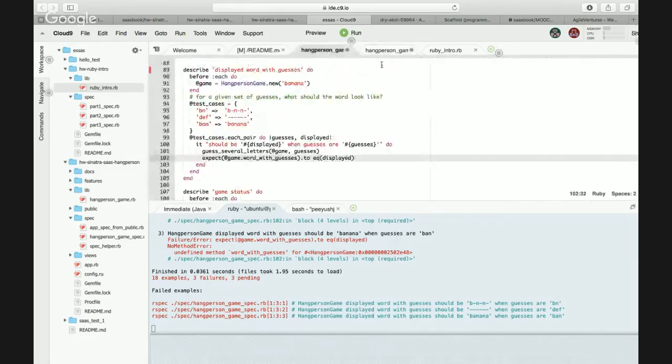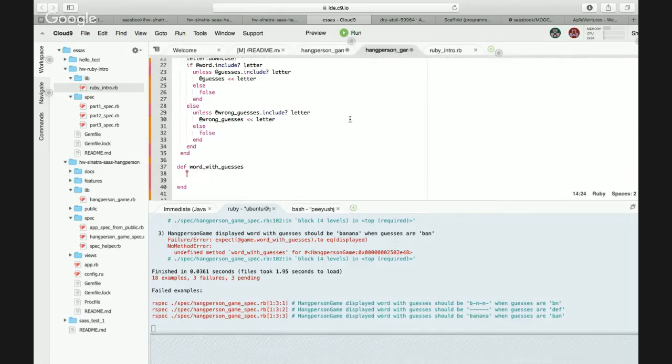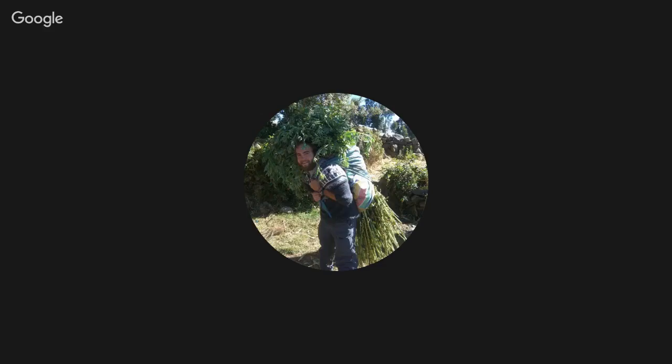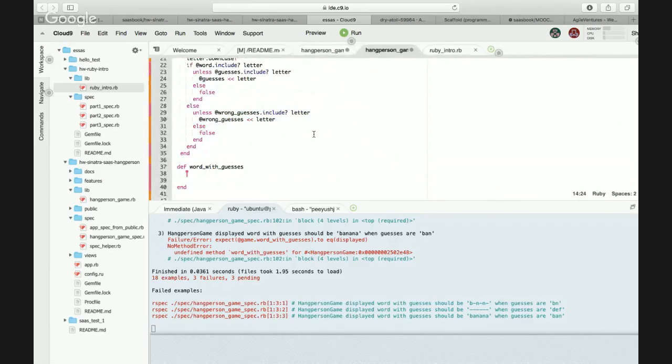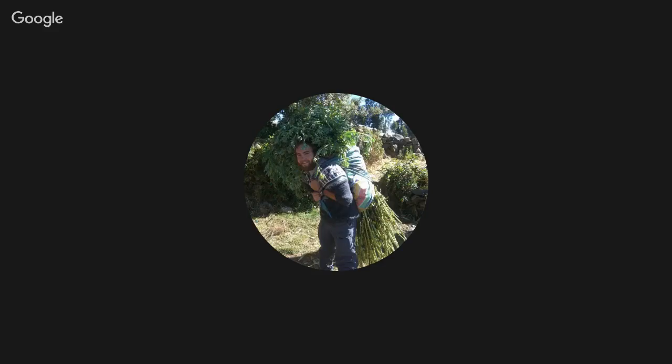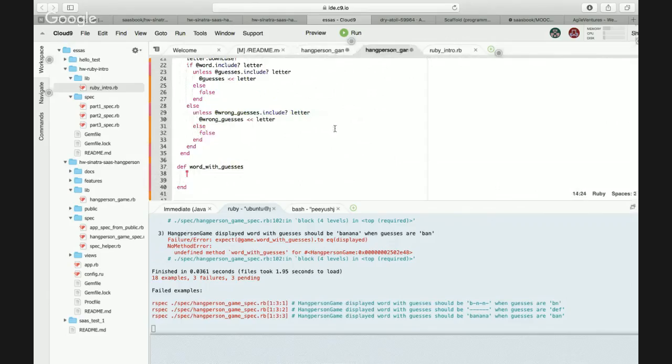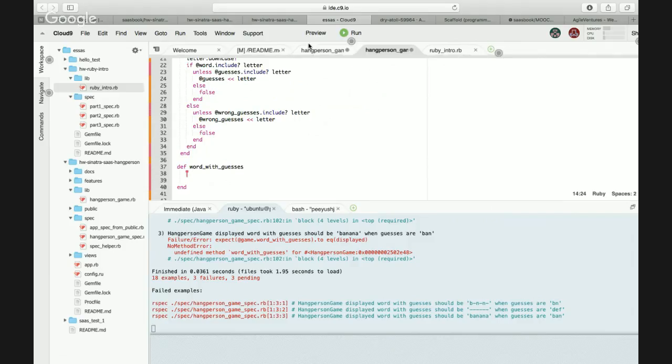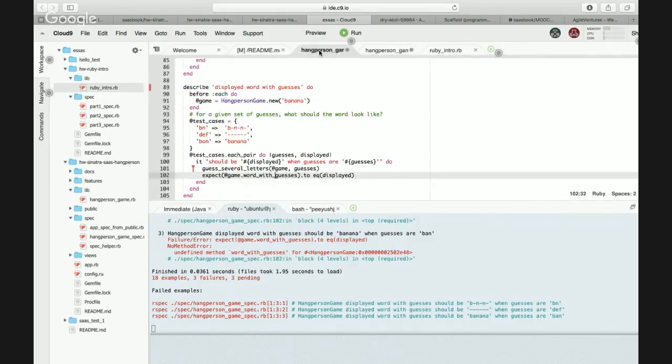And now, how do we do it? So we need to start with X amount of dashes, right, for the number of letters. So we're going to return the word with the guesses, right? Yes. So we have to create that. To begin, it starts with a number of dashes, correct?